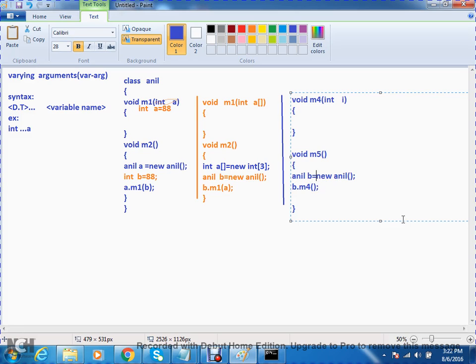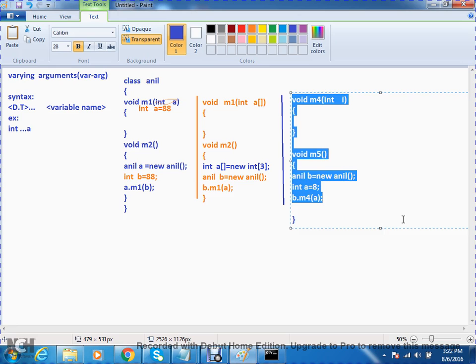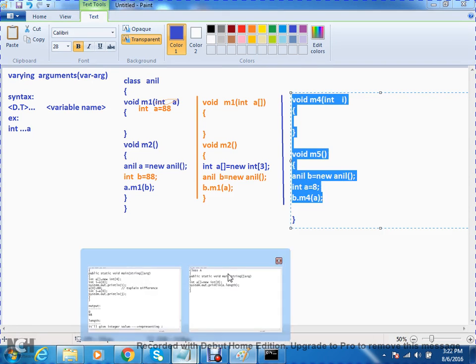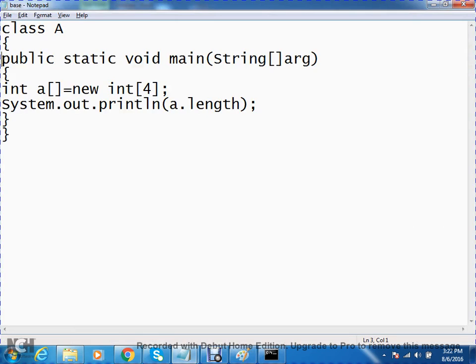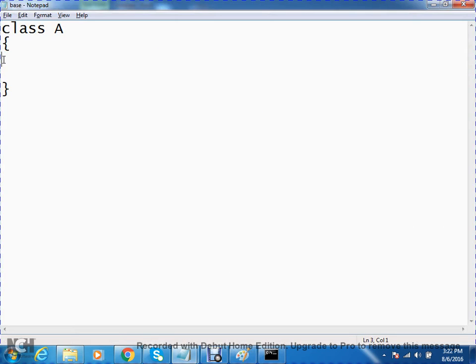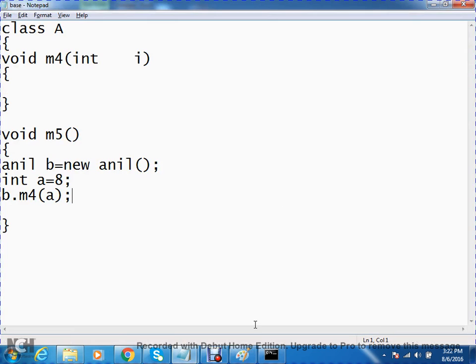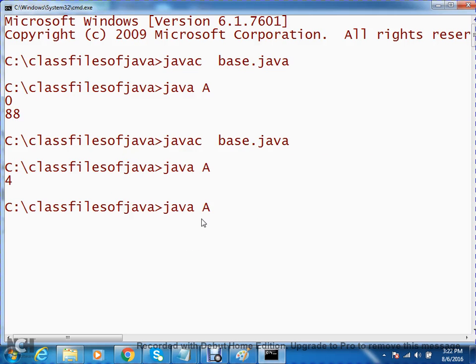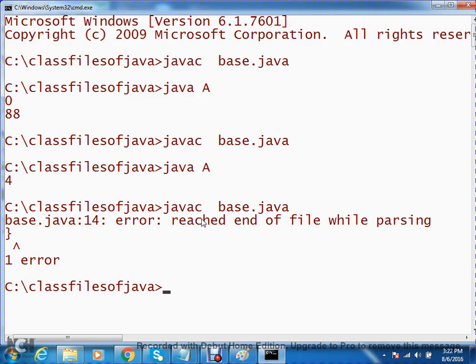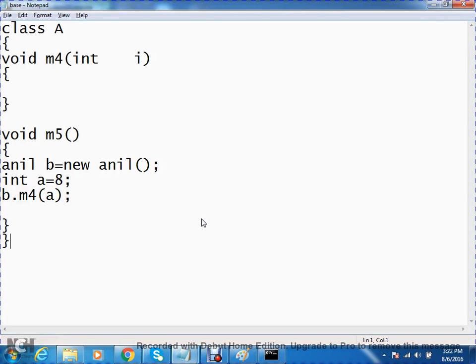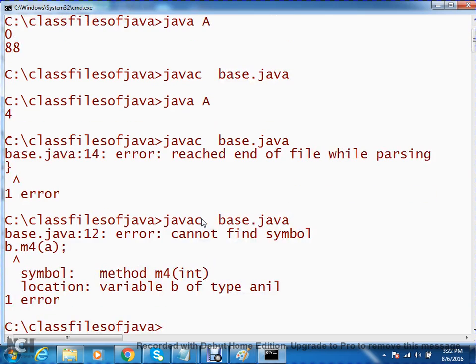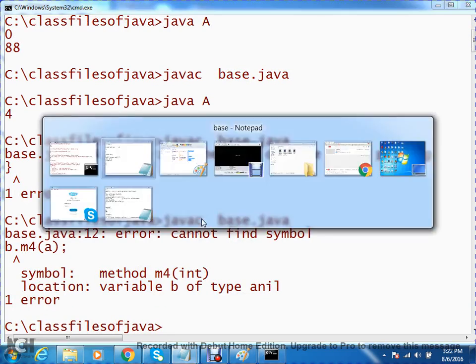Now to call m4 I want one integer variable, int a equals 8. If I pass here 8, yes or no? It is not a valid call. Observe. Syntax error: cannot find symbol b.m4.